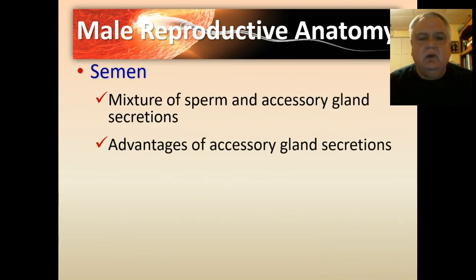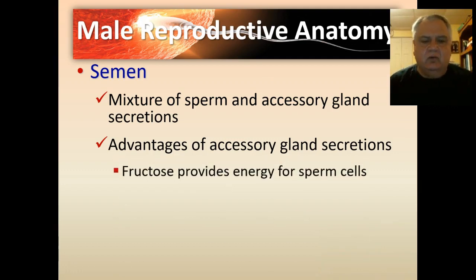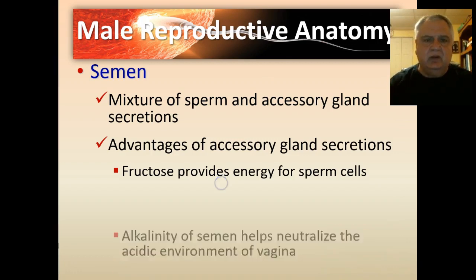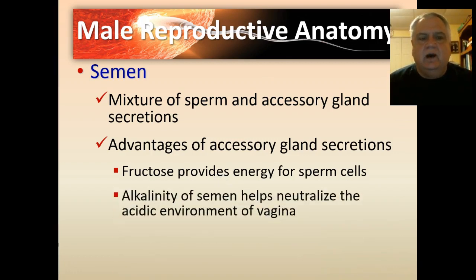Well, semen is actually a mixture of sperm and these accessory gland secretions. The advantages of these secretions are fructose provides energy for sperm cells, so it can be used during cellular respiration to provide ATP for the activity of the sperm cells. The semen from the mucus tends to be very alkaline. That alkalinity, as we've seen, helps to neutralize any acid that might be left over from urine production, but it also will help to neutralize the acidic